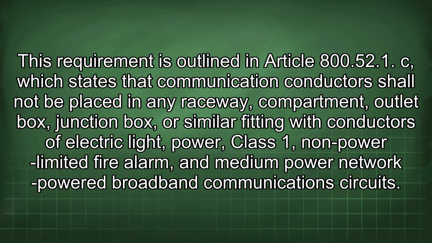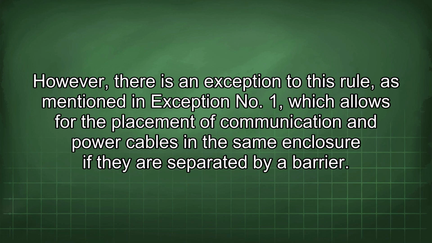800.52(1) C, which states that communication conductors shall not be placed in any raceway, compartment, outlet box, junction box, or similar fitting with conductors of electric light, power, Class 1, non-power limited fire alarm, and medium power network powered broadband communications circuits. However, there is an exception to this rule, as mentioned in Exception No. 1, which allows for the placement of communication and power cables in the same enclosure if they are separated by